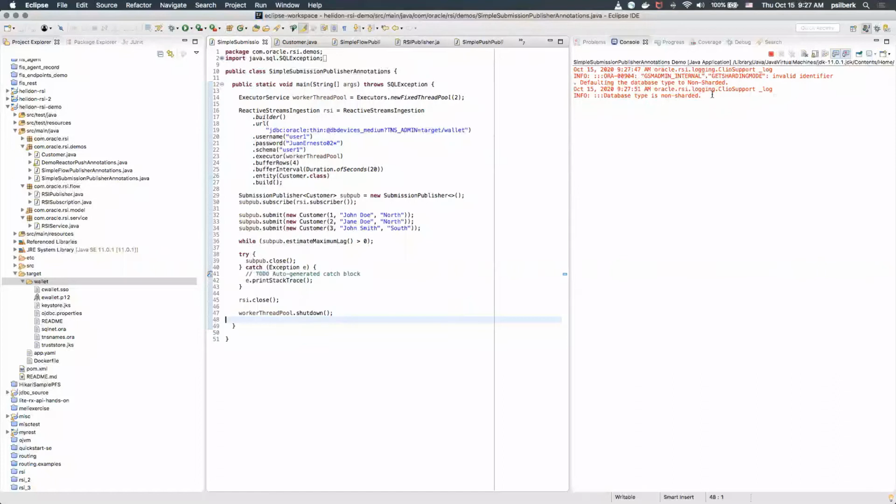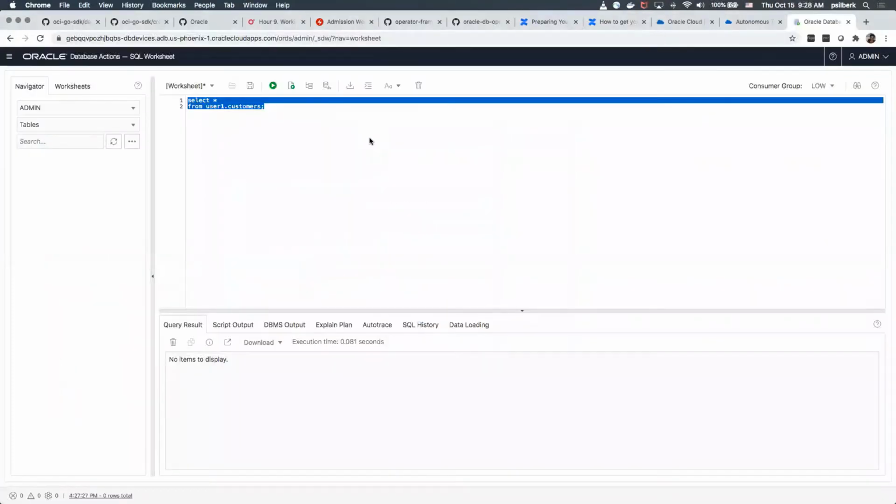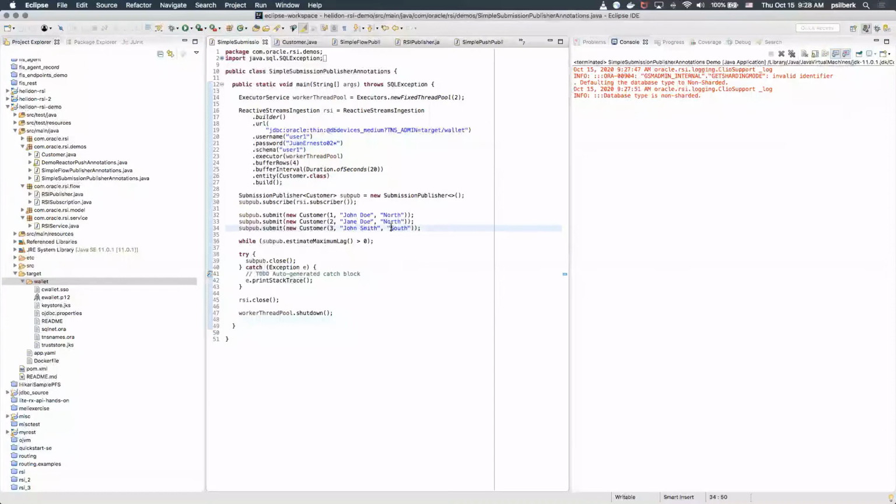The library is taking all the topology, is creating the pool, and now it's starting to check. Obviously, for this scenario of only 3 records it is not useful, right? The idea is that you use it for millions of records. But let's see. These 3 records were inserted by using it. But let's talk a little bit about the Flow API and the submission publisher and the push publisher.